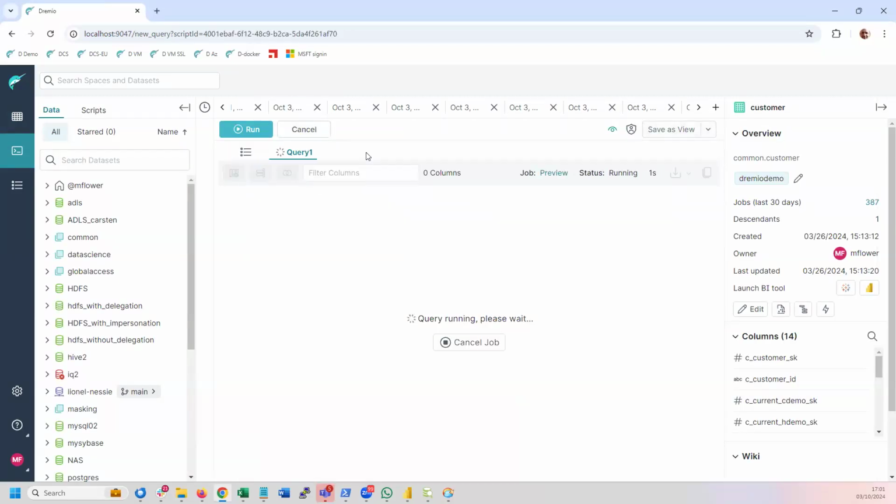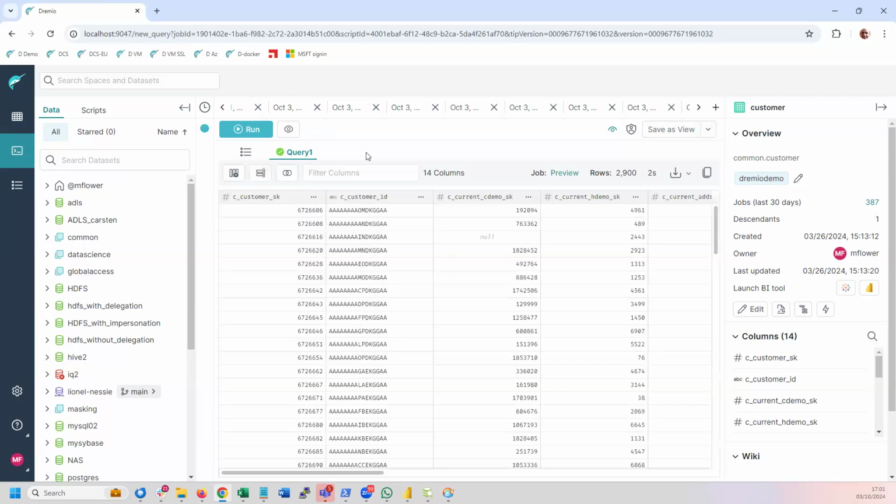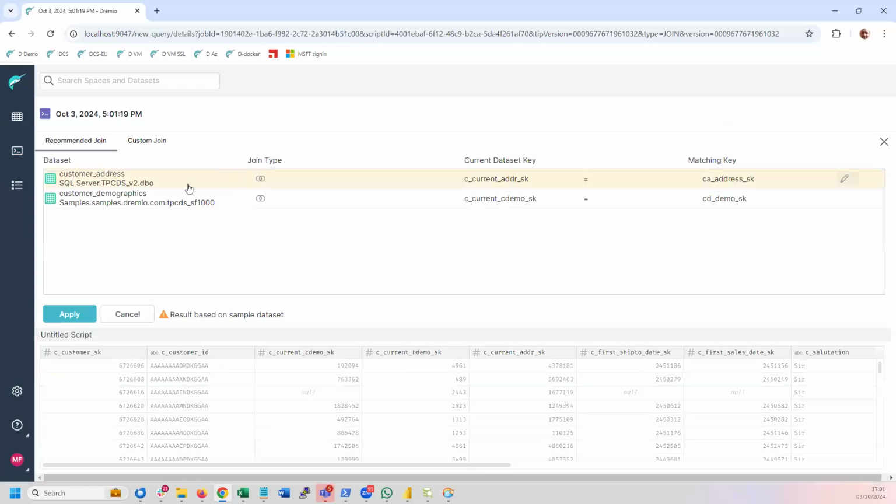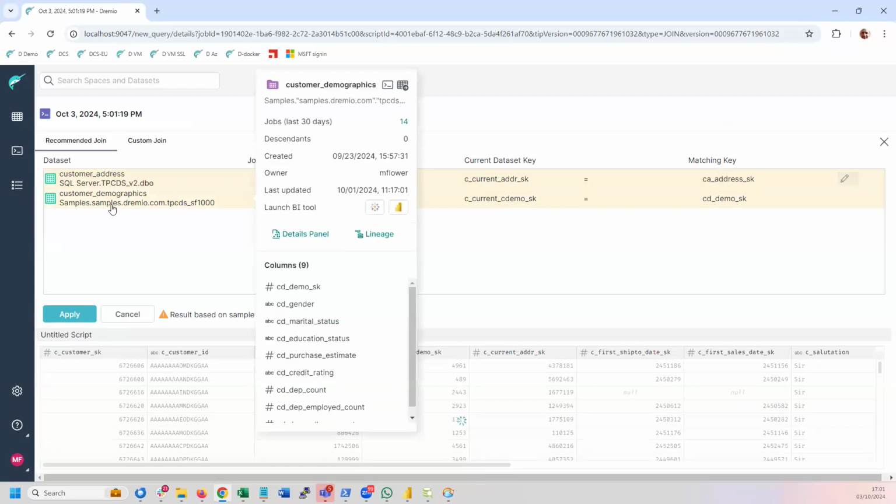And maybe I've got some other users who want to use that customer data, but to build their own report against. So what I'm now going to do is join this data to some demographic data that I've also got. So I'm going to use the join mechanism now, just by clicking on the join button. I could write the code myself if I wish,